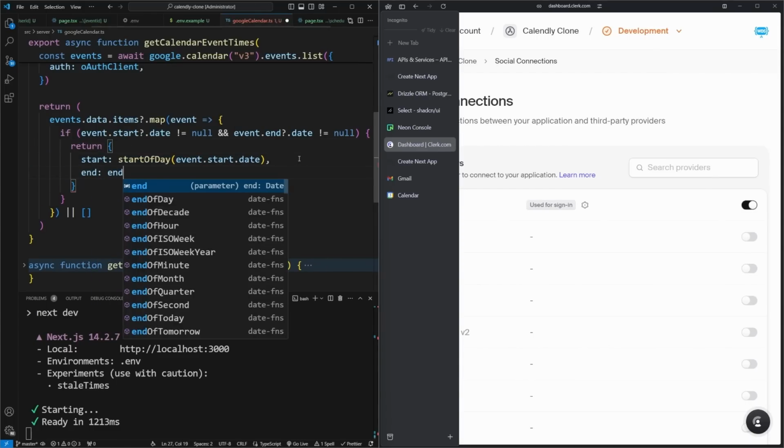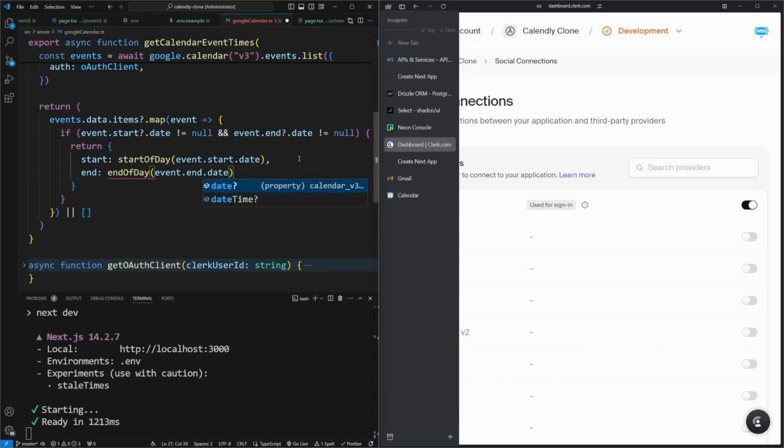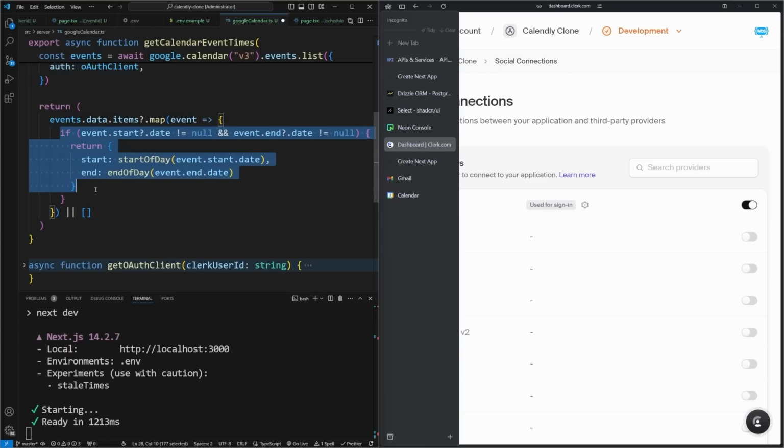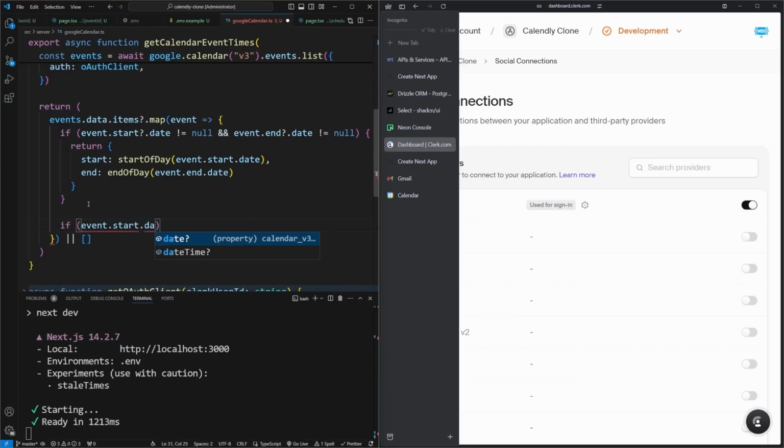Then the ending is going to be the endOfDay of event.end.date. So this is essentially going to give me the latest possible time of the day. So this says, okay, for this entire day, the entire day is completely filled with events. Otherwise, if I don't have a date, that means that I need to check to see if I have a time. So if my event.start.dateTime is not equal to null,